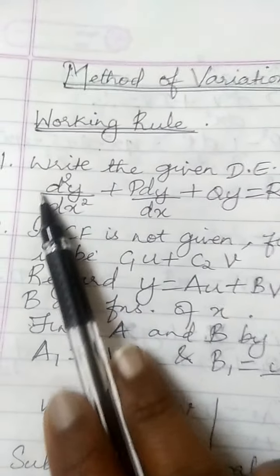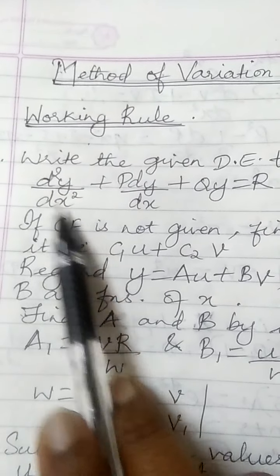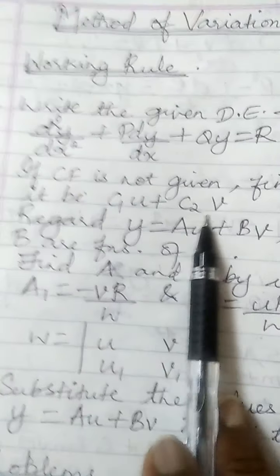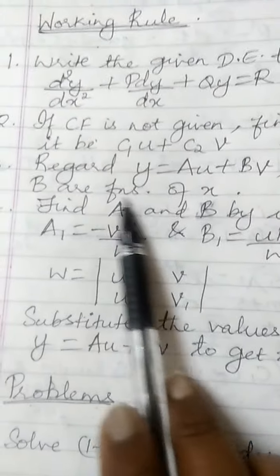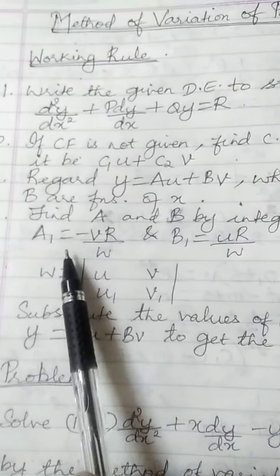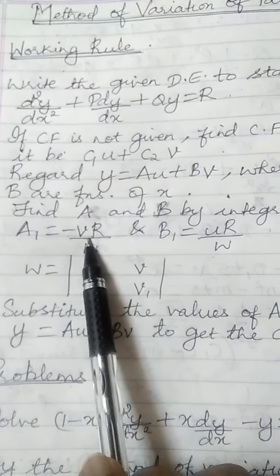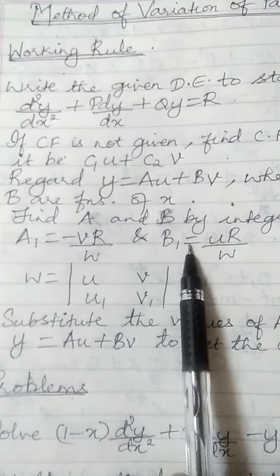Method of variation of parameters working rule. Write the given differential equation in standard form, that is, make the coefficient of d square y by dx square unity. If CF is not given, find CF and let it be C1 u plus C2 v. Regard y equal to A u plus B v, where A and B are functions of x. Now we should find A and B by integrating A1 equal to minus VR by W and B1 equal to